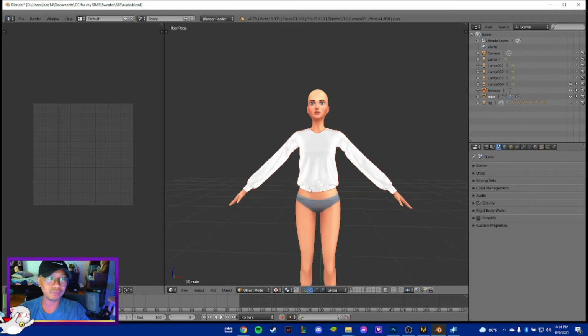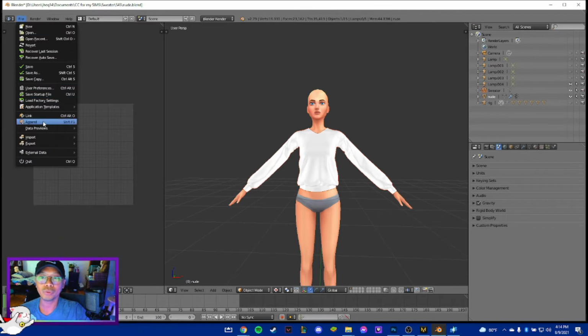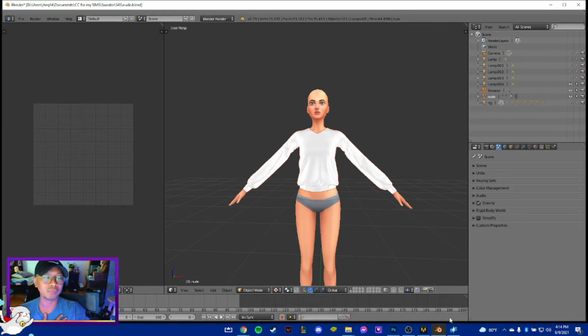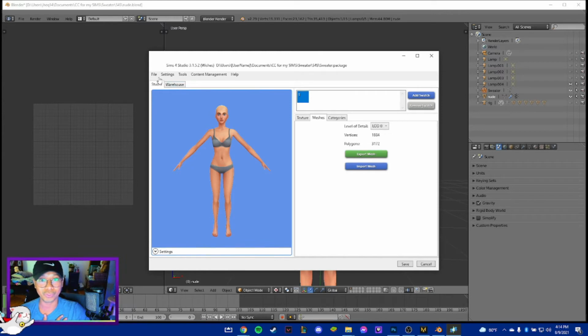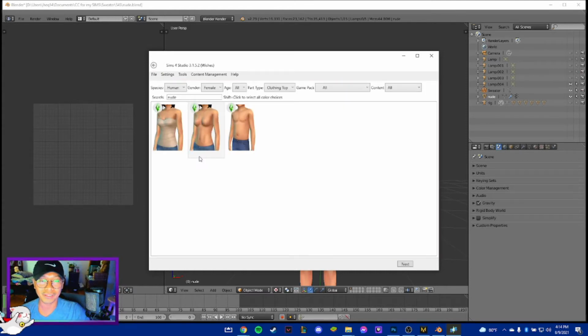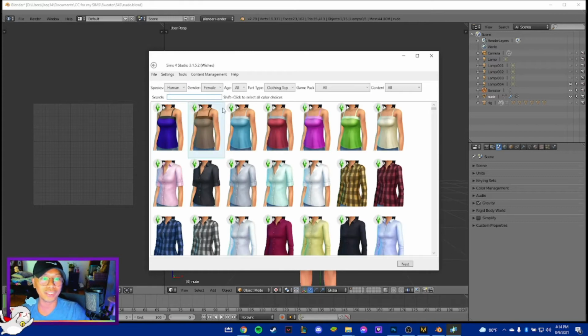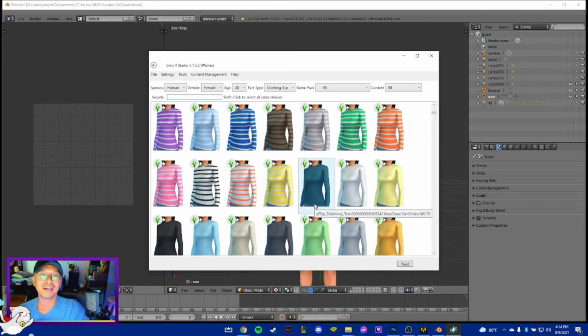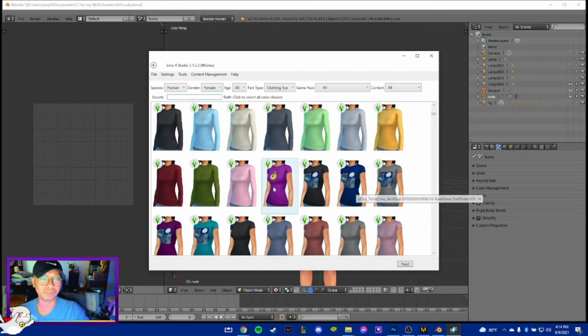So aside from the nude model, we also need to append it, and we can only append it if we have a reference, and we're going to get that reference in Sims 4 Studio as well. So just go to that software, file, and main menu. Again, create 3D mesh, click cast, and now what we're going to do is look for something that is close enough to what the project is, and what we have is the sweater, right? So I think this would be good,